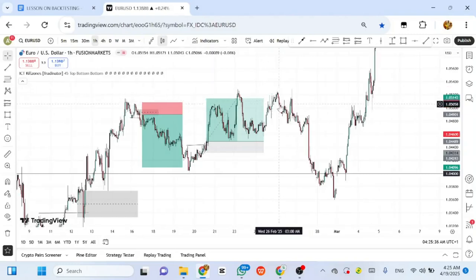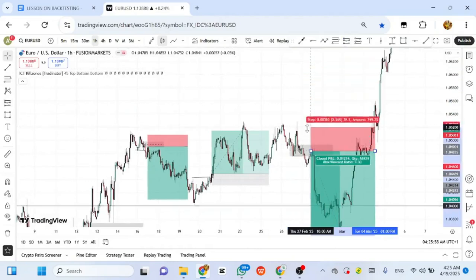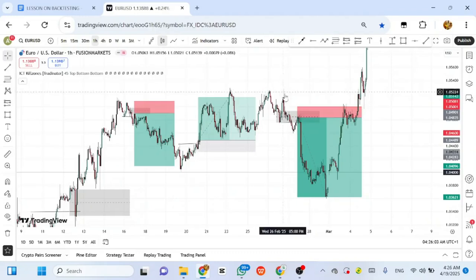After seeing this, you now saw this break of structure. Where is our supply zone? This is our supply zone, all of this zone that was consolidating. This one even went well. You would have just taken your sells here. Maybe your SL will just be at this point. Why? Because this was a stop loss hunt. It just went up and came down flat.